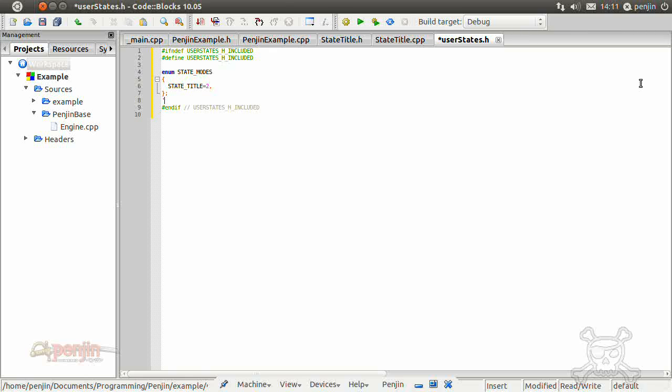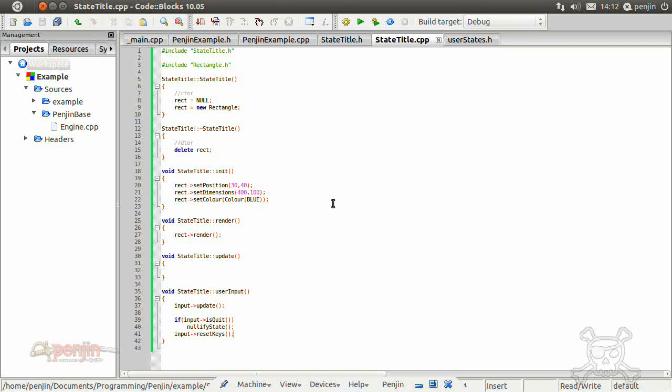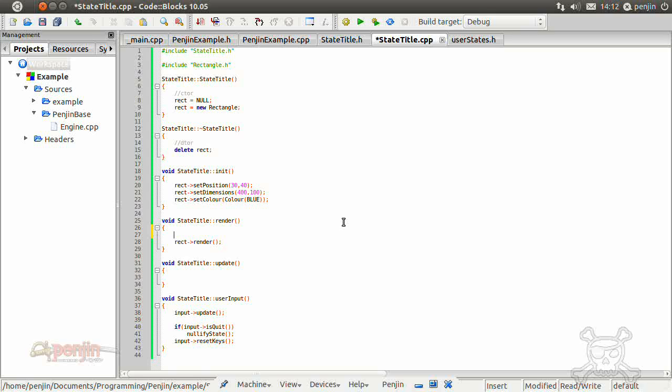In any case, after the enum there, you need to include, so hash include, the state for that identifier, so state title.h. So that is the identifier to switch the state, and that is the state itself. So there we go, that's the state list done. Basically, this is your example project ready. One other thing you can do is